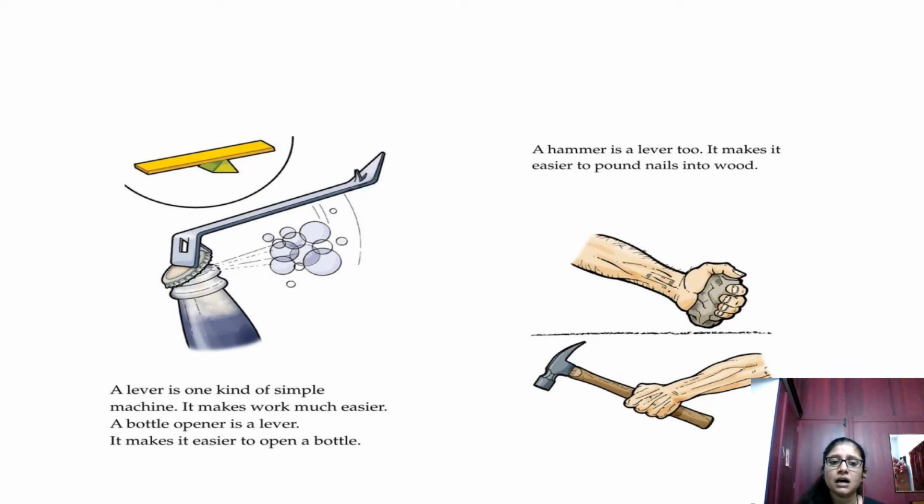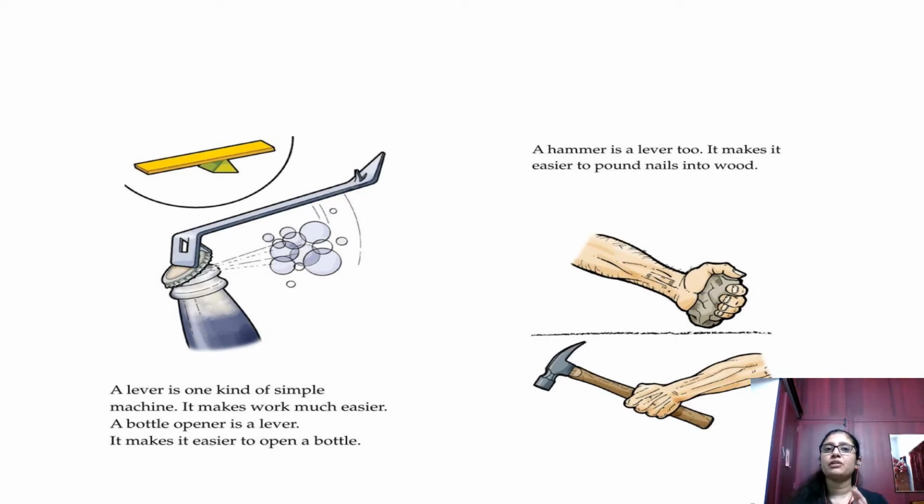And the next thing is, the bottle opener is not the only lever. There are more examples, like the seesaw. You would have played on a seesaw when you went to the park, where on one side you sit, and on the other side is either your parent, your friend or your sibling. How does it work? One person goes down, and at the same time the other person goes up. When that person puts in energy and moves the seesaw down, the other person goes up. This is how it works, like a balance. Force has to be applied when we use the seesaw. So one example is the bottle opener. The next example is the seesaw.